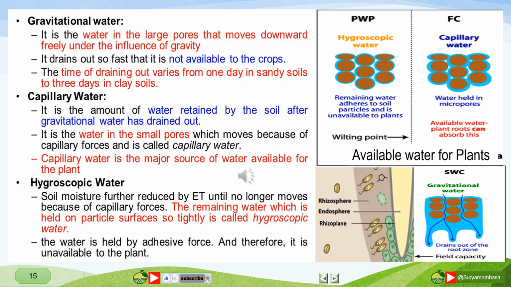Hygroscopic means the tendency of absorbing moisture from the air. Some water in the soil forms an extremely thin, tightly held film around the soil particles. It is called hygroscopic water. In the soil, a small portion of soil water is chemically bound with soil materials. It is called combined water.